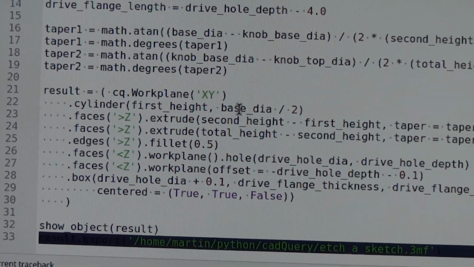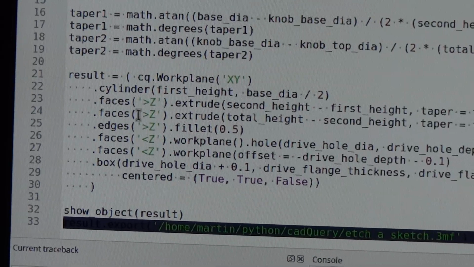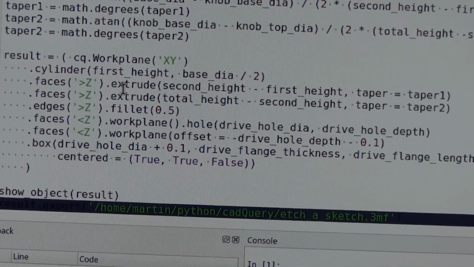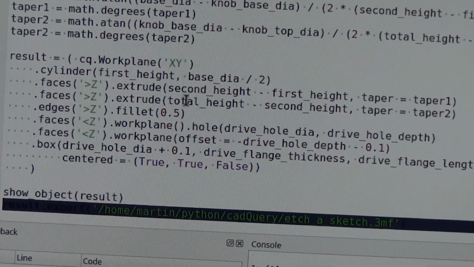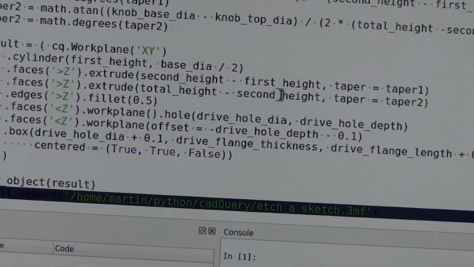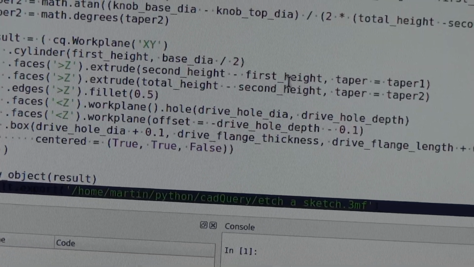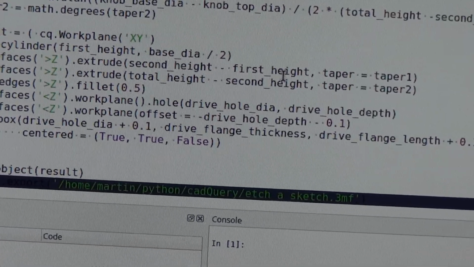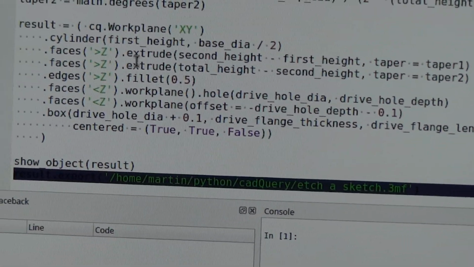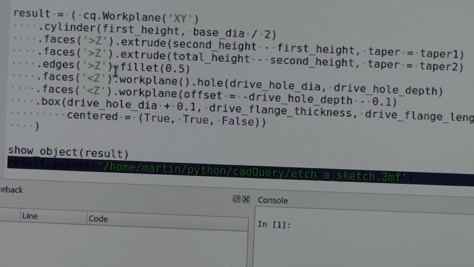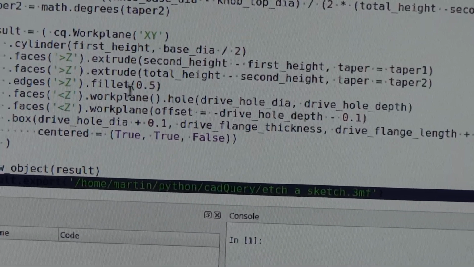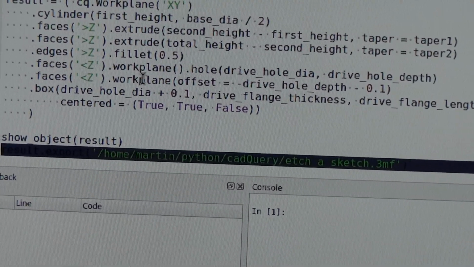for that first bit, and then it says dot faces maximum Z, that means extrude, and it's extruding the first cone. So you say the height, the finished diameter, and the taper, the height and the taper angle. And then you go to the top of that one with a greater than Z again, and do another cone on top of that. And then it puts a fillet around the edge of that,